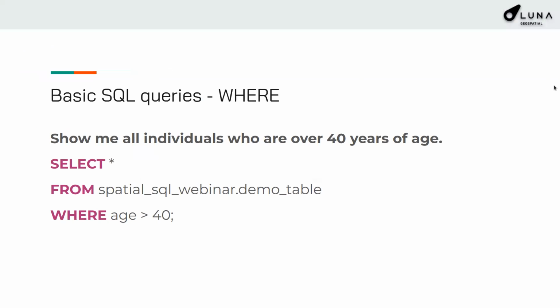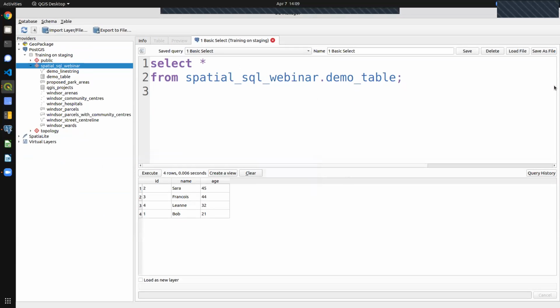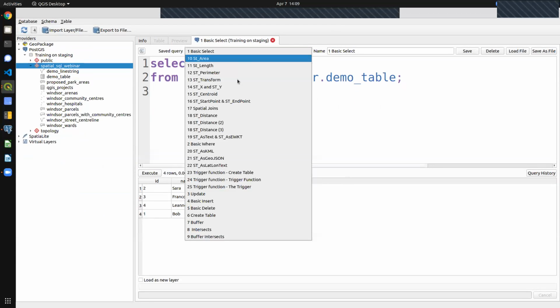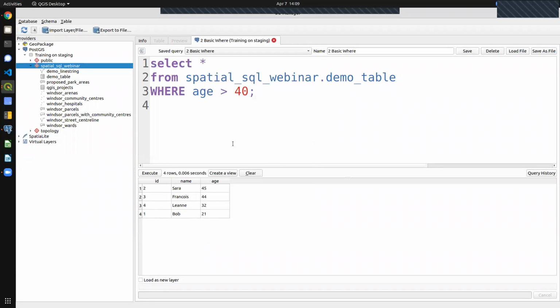All right, so now what about where? What if we only show me all individuals who are over 40 years of age? So we can come back to this again and we can have the basic where. So again, we're doing select star from Spatial SQL webinar. We always have to state the schema in which the table lives, and then we put the table name right here, and then we have a